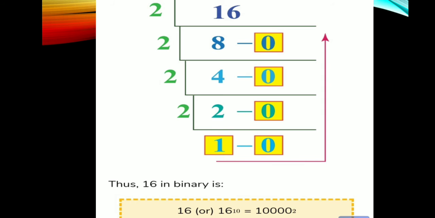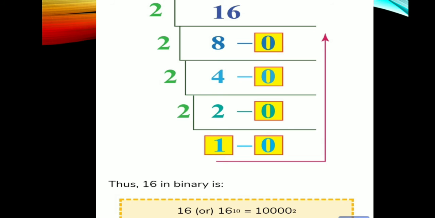And again we should keep on dividing the quotient. Yes or no? Yes. So now 8 divided by 2 is 4. 4 is the quotient, and again remainder 0. I have written it. Again divide by 2. Now I will get quotient as 2. 4 divided by 2 is 2 and the remainder is 0. Now 2 divided by 2, the quotient is 1. We have to repeat the process up to either the quotient is 0 or 1. Okay, in these two cases you can stop. Now the quotient becomes 1. So I am stopping here. Now the process is over.